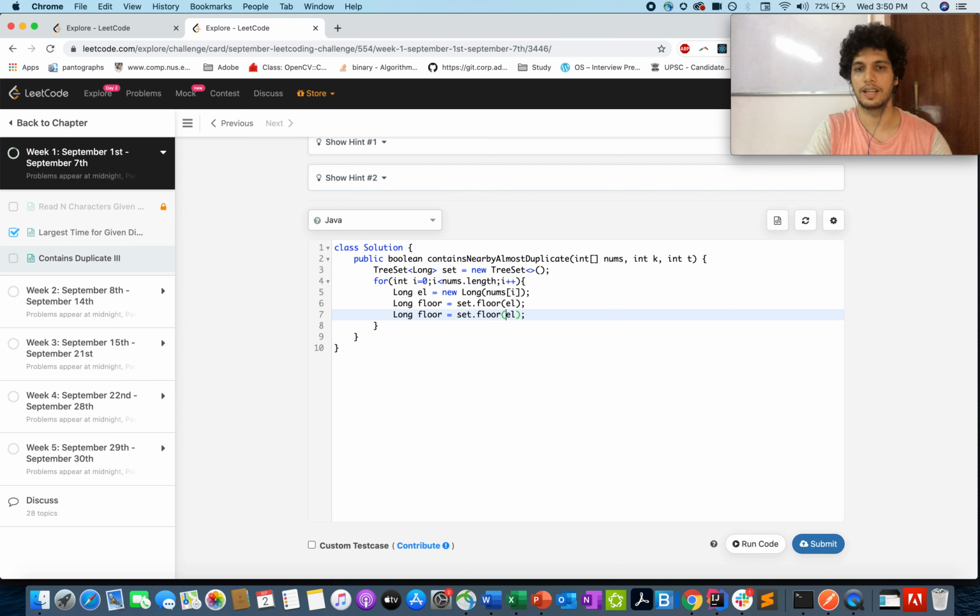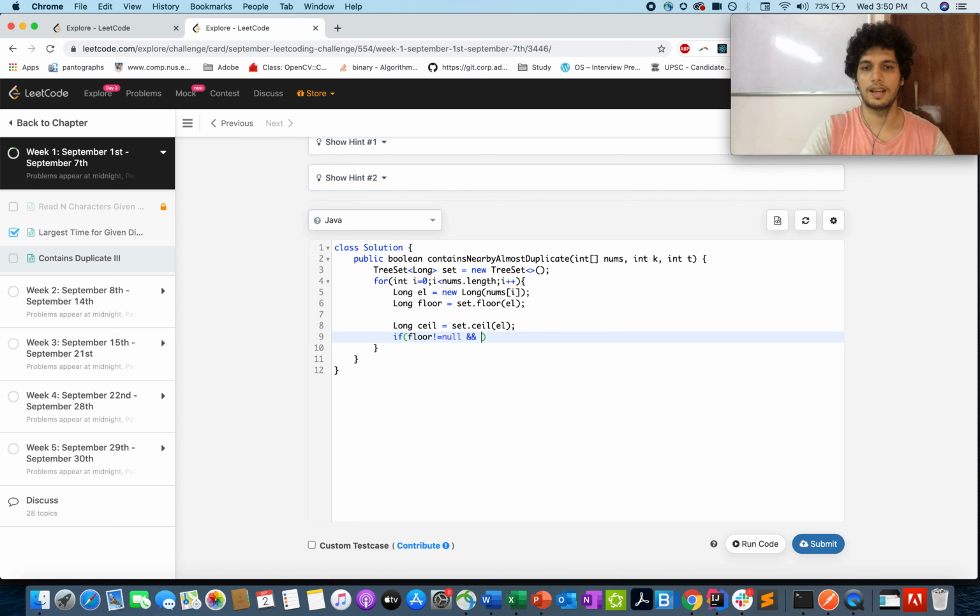And similarly we'll get another for the ceiling value. So this is our ceiling value. Now we will check for the absolute difference between the current and the immediate higher and the immediate lower ones. So if floor is not equal to null, null check is important, and Math.abs of floor minus el is less than or equal to t, you return true.